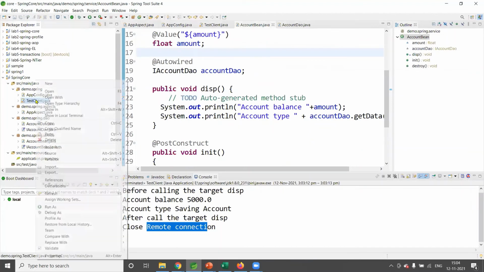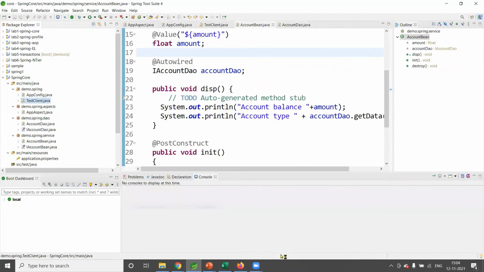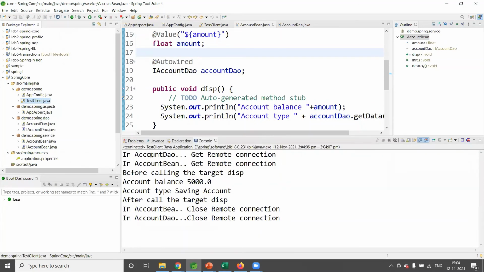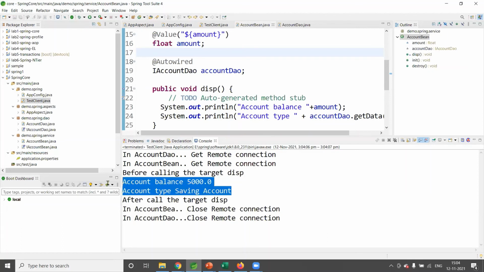If I run this application, run as Java application, then you can see the output here. The output in AccountDAO, get remote connection. In account bean, get remote connection. Then this is the AOP around advice, before calling. Then the display method got executed. In the display method, we are calling AccountDAO, a method from the AccountDAO that is giving the saving account.